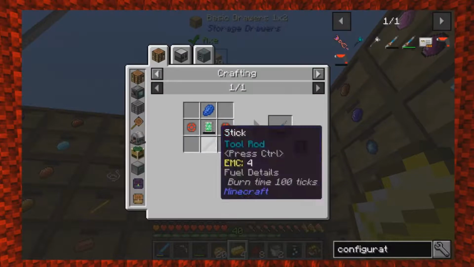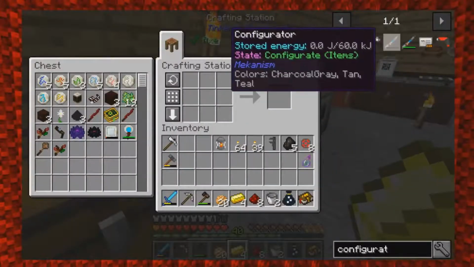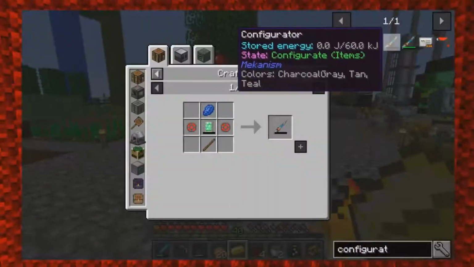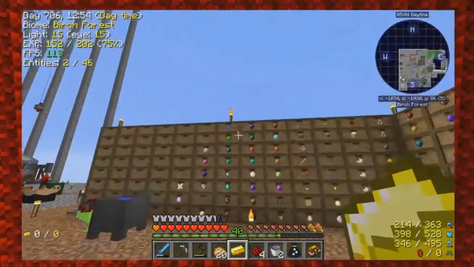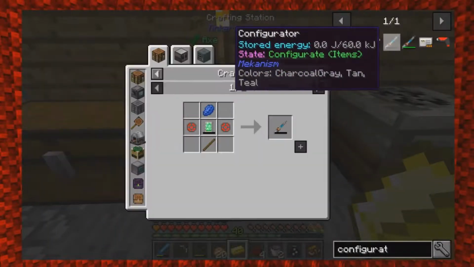We're making the configurator. Yeah, should have enough to make that. So let's make this one item here. We'll use this over here. All right, so we have the energy tablet, and now we need to take the energy tablet and some lapis. Let's go ahead and grab this lapis from here. And then we're going to go ahead and